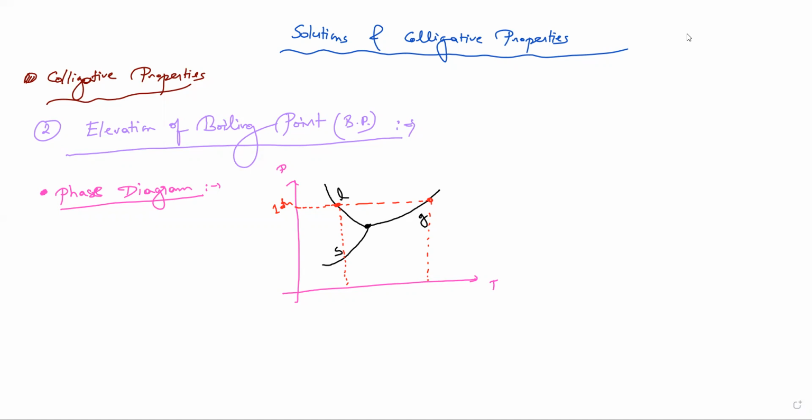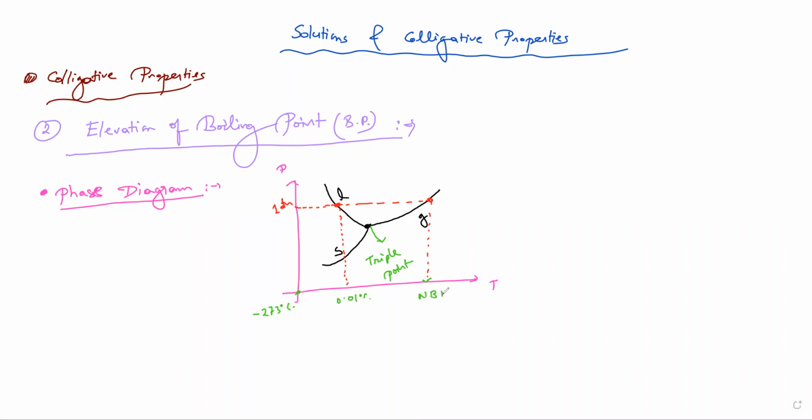If this temperature is minus 273 degrees centigrade, this value represents 0.01 degrees centigrade, and this point where three phases exist is called the triple point. Now, what do you mean by triple point? Triple point is a point where three phases exist.